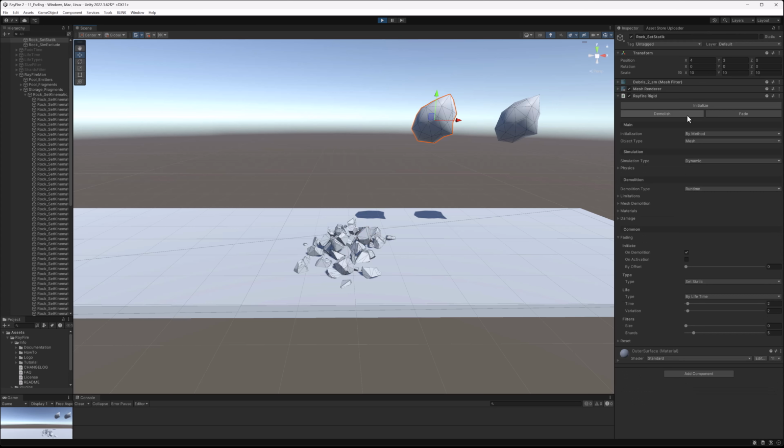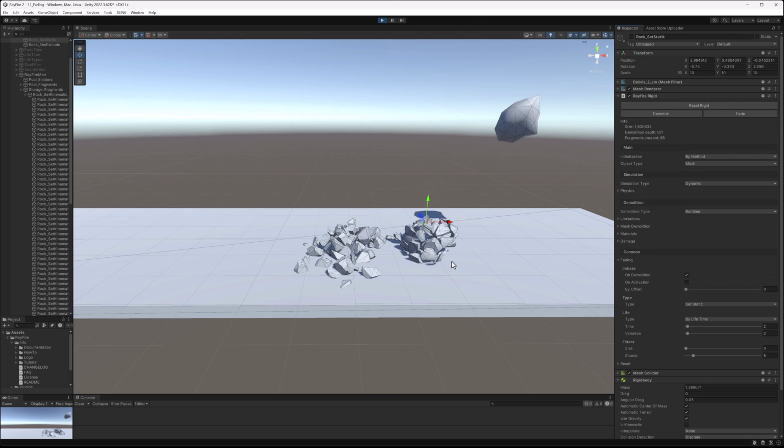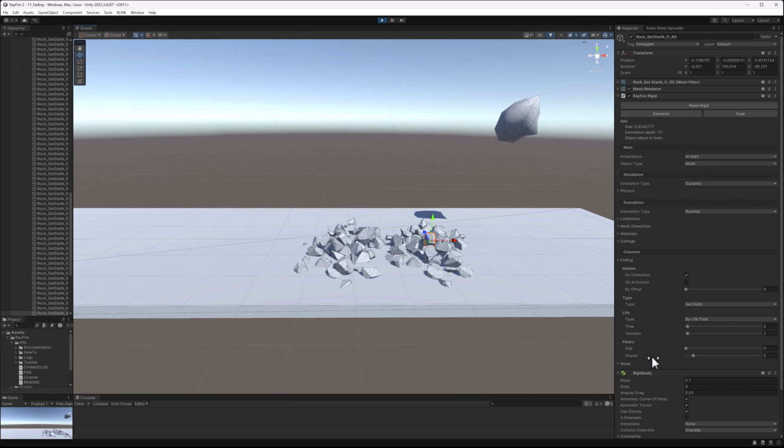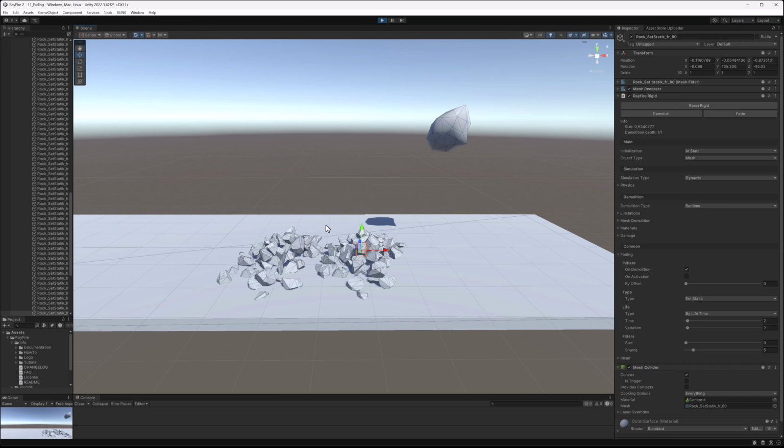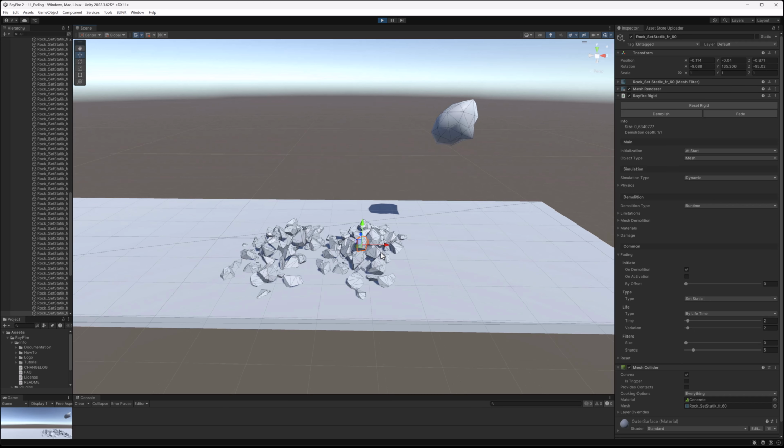Next type is set static. It looks like set kinematic, but this time fragments lose their rigid body component. Only the collider stays. It works like kinematic, but other dynamic objects still can interact with this object and collide with them, but they won't be affected. And they can be moved, because if you move them, they kind of will affect dynamic objects, but the simulation won't be accurate. If you want to move objects and affect in the right way, you should use kinematic